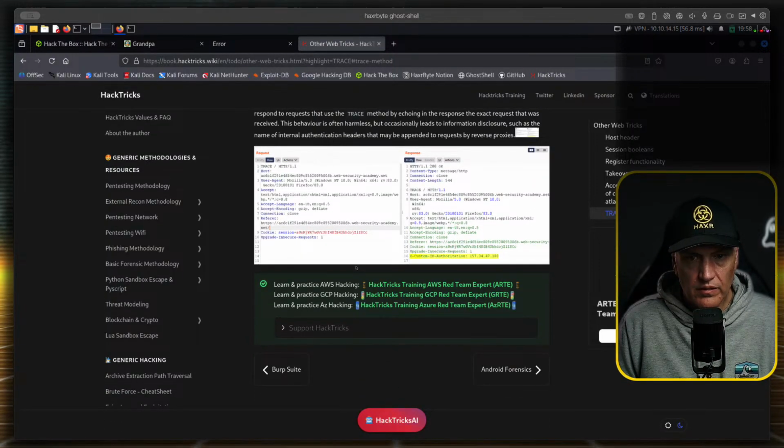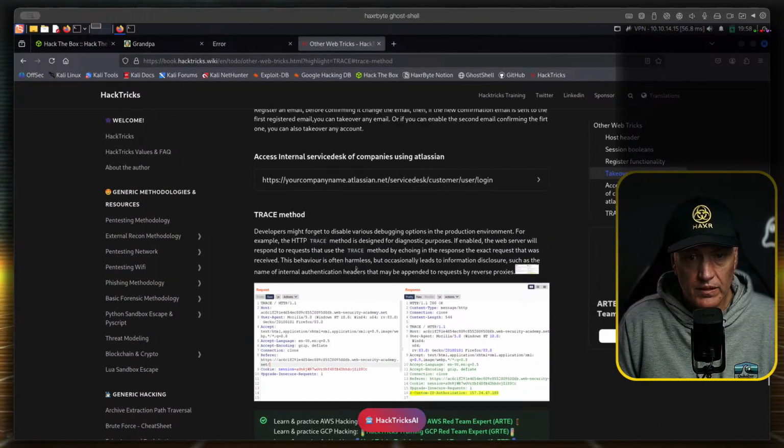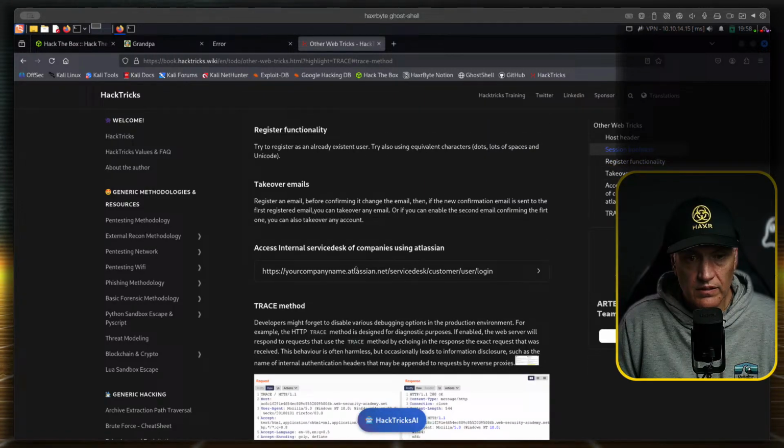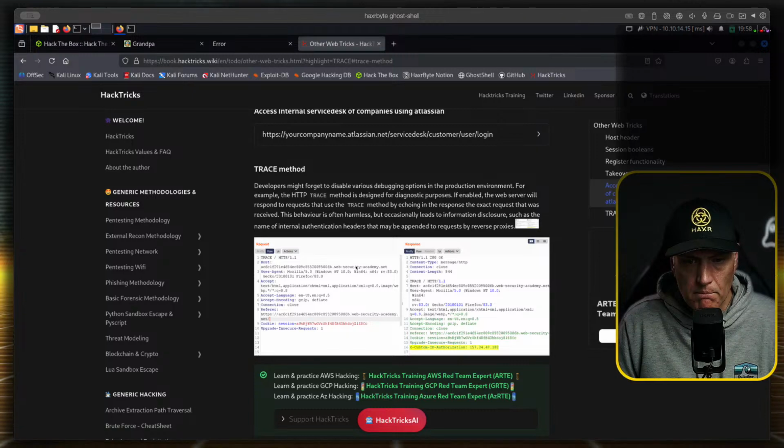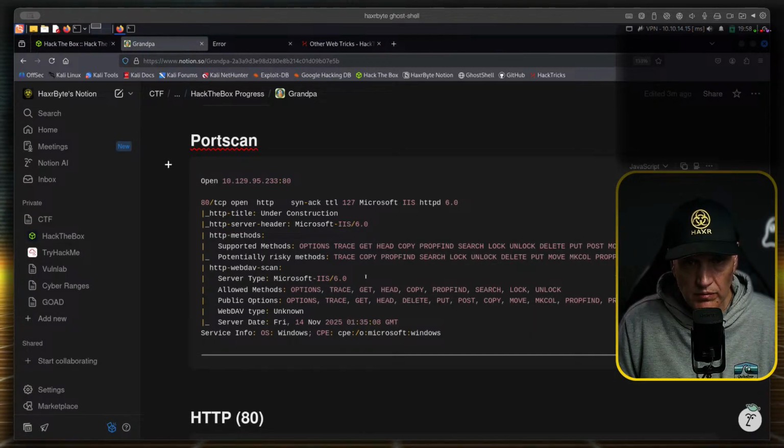Let's see. We can spin up Burp and just see if that does anything. Diagnostic purposes. The other ones are GET. Now the DELETE obviously is a bad one. PUT might be interesting.